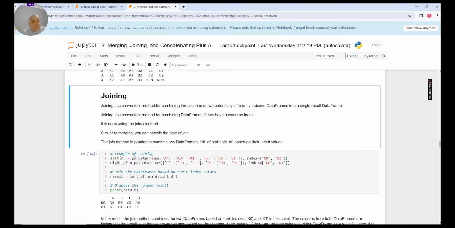In this example, I created left and right data frames where I have keys as the index, which are key 0 and key 1, and I have the column labels A and B for the first data frame, and C and D for the second data frame. I created the data frames and then applied join on them, and I pass to it the right data frame. So when I pass the right data frame,